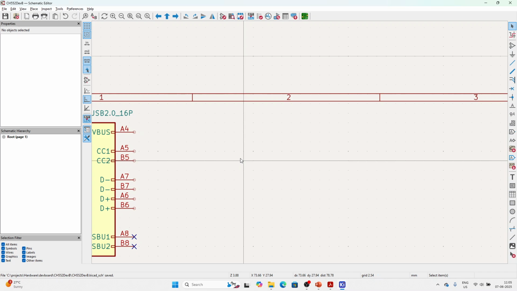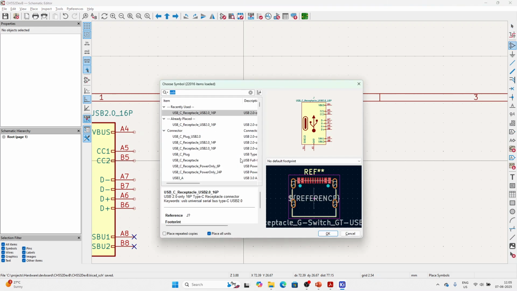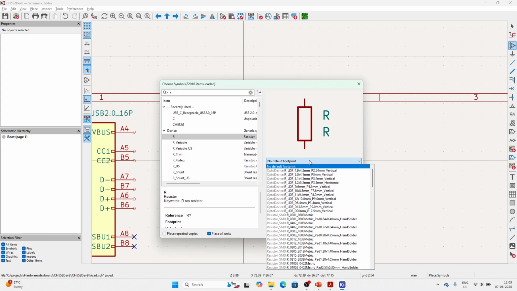We know that our circuit is capable of handling only USB 2.0 data structure, or the way USB 2.0 operates. So we need to make sure that my USB also talks to the power delivery or power negotiation chipset on the other end and says that, okay, I am capable only of taking USB 2 or up to 500 milliamps or 1 amp, 2 amp, things like that. So for that, we have to make sure that we configure the CC1 and CC2 pins carefully. So we'll take a resistor here. Again, I'm keeping all at 0603,